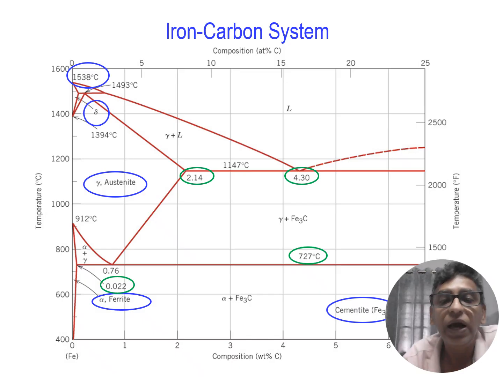So this is the iron-carbon diagram, in which the y-axis is temperature and the x-axis is composition, weight percentage of carbon. These are all the various phase structures. We have a maximum of 1538 degrees centigrade. Slowly you are cooling the temperature down to 400 degrees centigrade. So in this way, whenever you reduce the temperature,